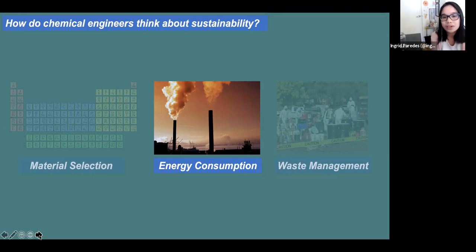So for chemical engineers, this can come in a lot of forms, right? Down to the kinds of materials we put into our products that end up in our bodies, either in the form of pollution or skincare, whatever it is, or the food that we eat. The amount of energy required to actually form these things, whether we're at the R&D stage in the lab or at the industrial scale, or even on the waste management side, like after EHS comes to our lab, where does it go? What happens to all of that?